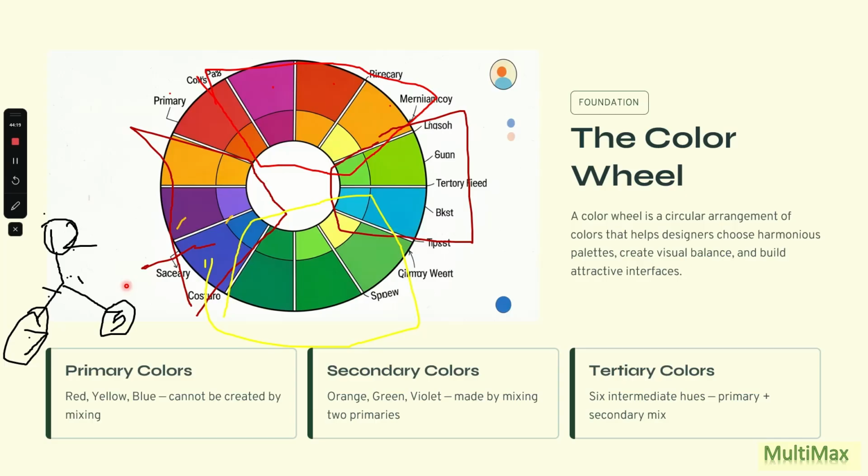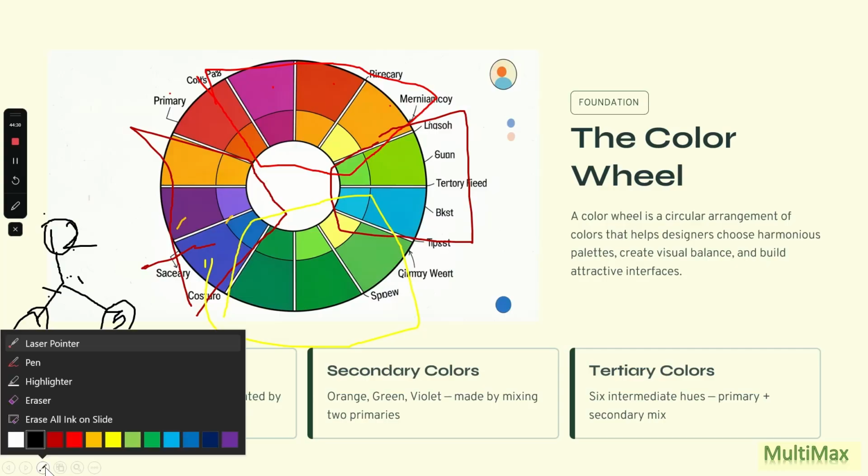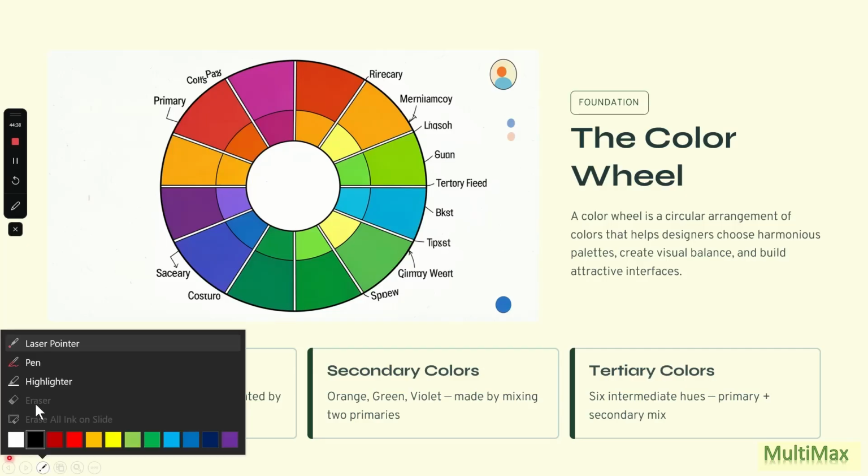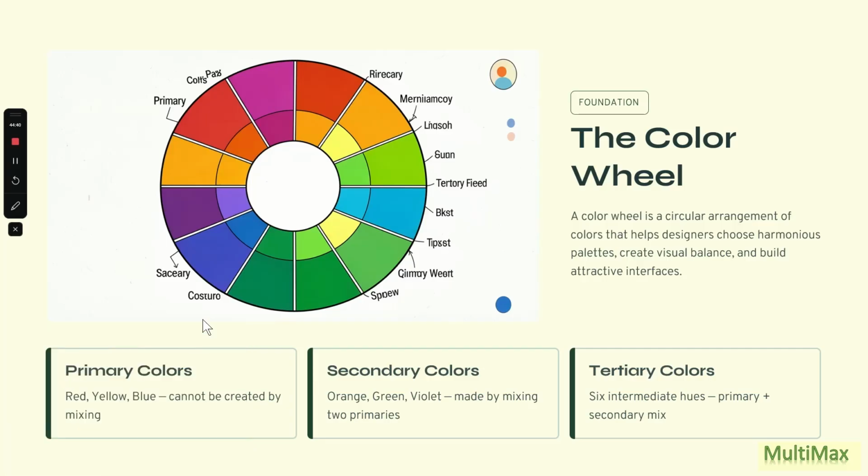So companies use this. And next is Triadic colors. Triadic color is nothing but a triangle, a perfect pair. So here,